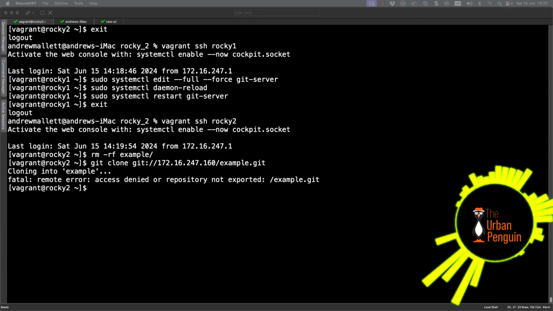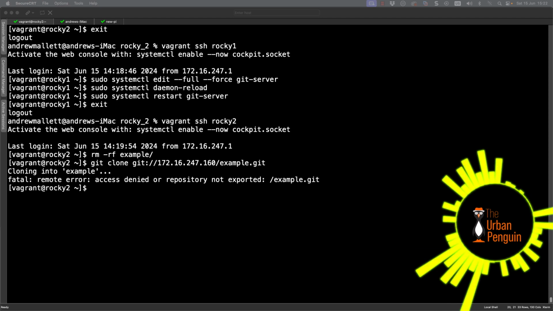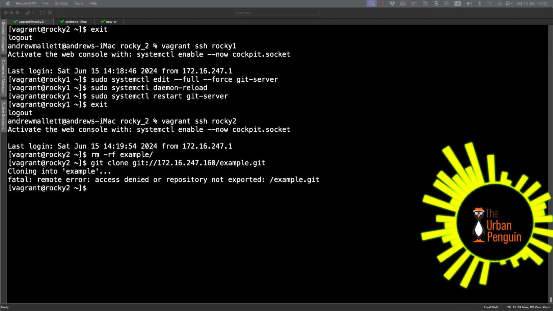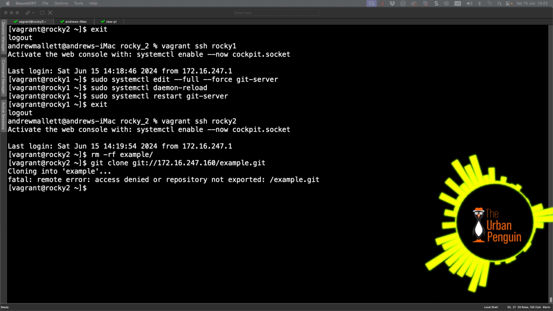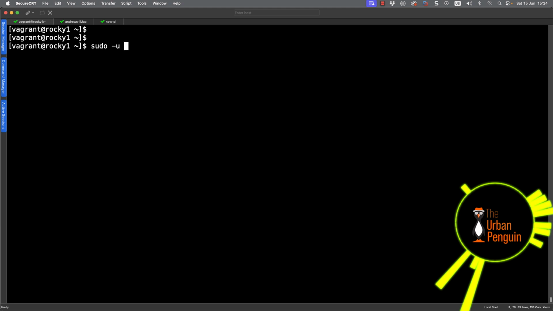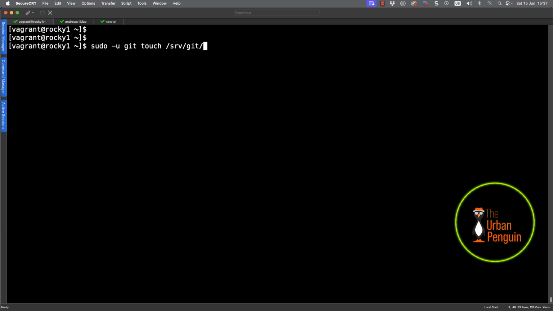Now, of course, to give access, we've got to jump back onto my Rocky server. But it's a matter of just working within the file system. I don't need to worry about working within the service unit now. Safely back working on our Rocky1, the Git server, we can use sudo -u to switch to our Git user account. And from here, we can then go through and create a new file. It only needs to be an empty file.